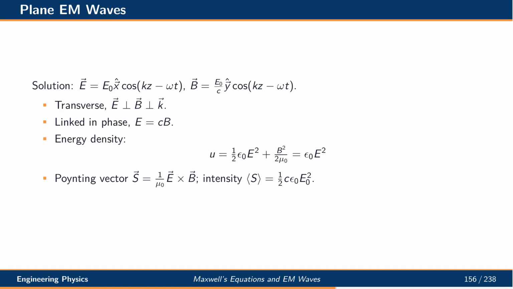A plane electromagnetic wave can be written as a cosine function in space and time for both the electric and magnetic fields. Several important properties follow. The wave is transverse, with the electric field, magnetic field, and direction of propagation mutually perpendicular. Electric and magnetic fields are in phase, with the electric field equal to c times the magnetic field. The energy density is the sum of electric and magnetic contributions, and the Poynting vector gives the direction and